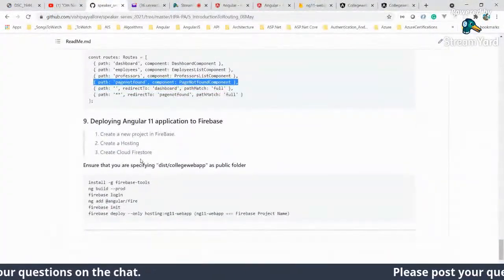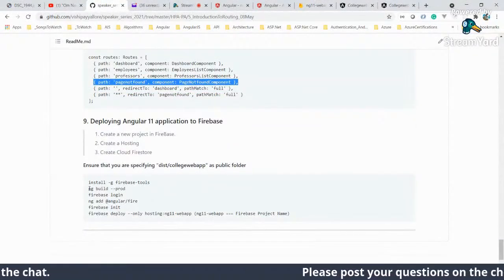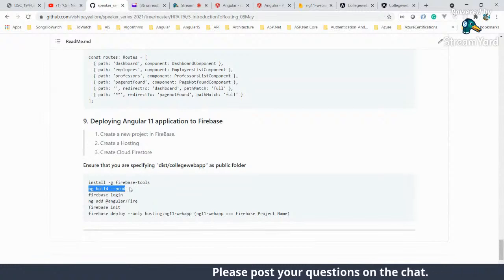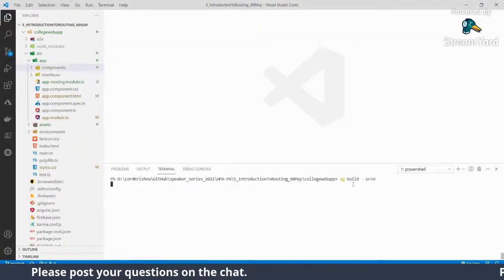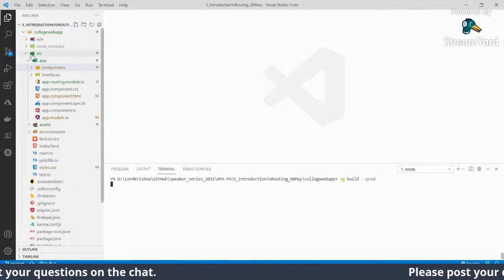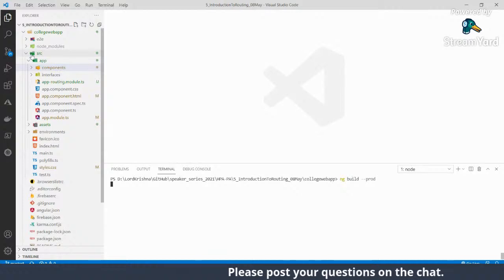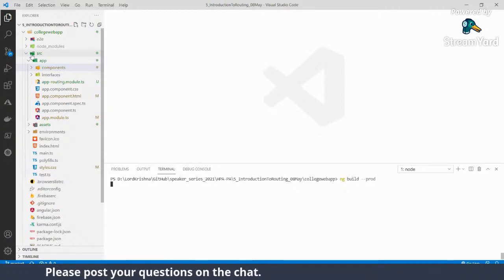Now how do we do the deploy? So Firebase is there. Now we need to build it. So I am executing this ng build with the --prod option. So it goes and builds this one,